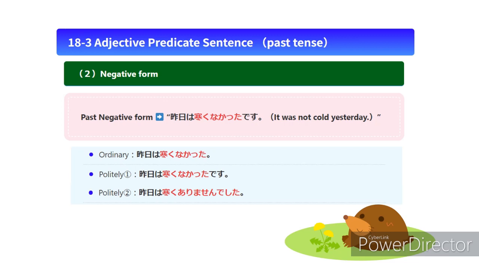Next is how to use the negative form of the past. How to say, it wasn't cold yesterday in Japanese. 昨日は寒くなかった。 As with the present tense, there are two ways to politely say the negative of the past tense. Please learn how to express yourself. The first polite expression is, 昨日は寒くなかったです。 The other polite expression is, 昨日は寒くありませんでした。